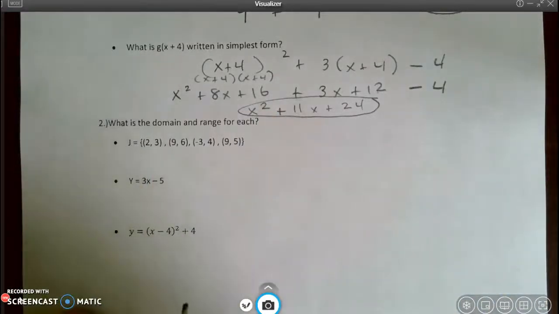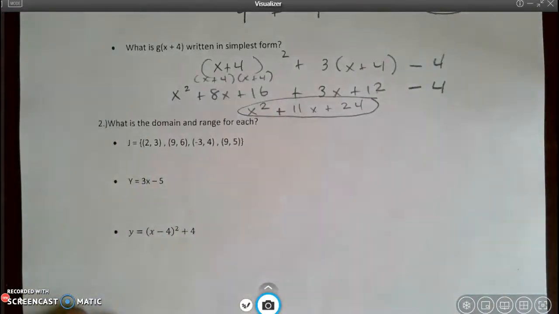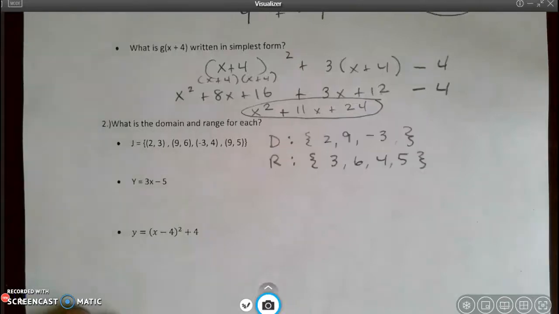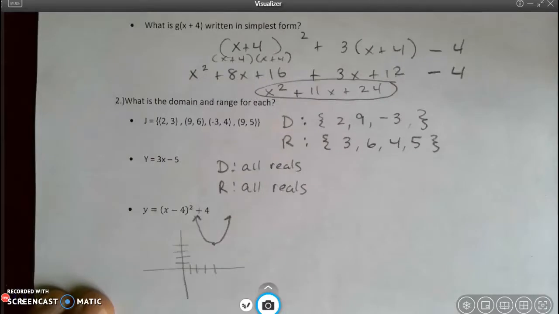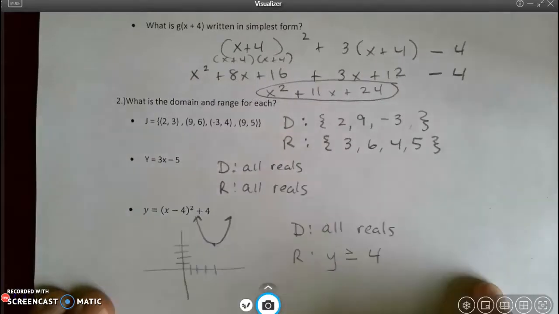This first one, you just look at what your x and y values are and write those down. This next one is linear, so the domain and range is all real. And this last one is a quadratic, domain all reals and y greater